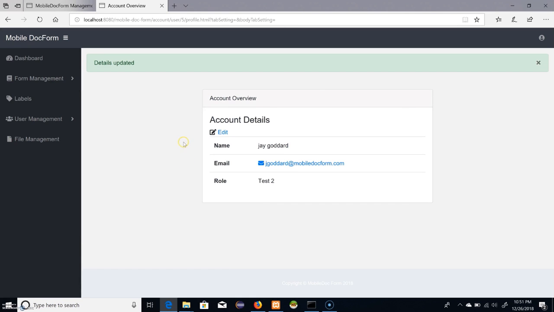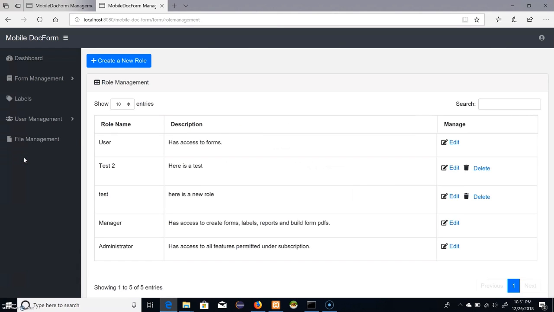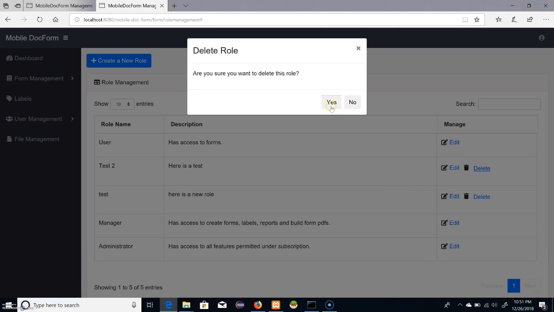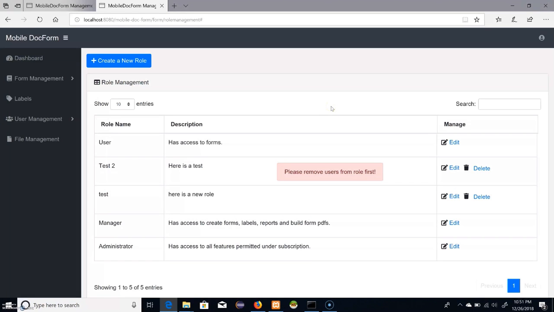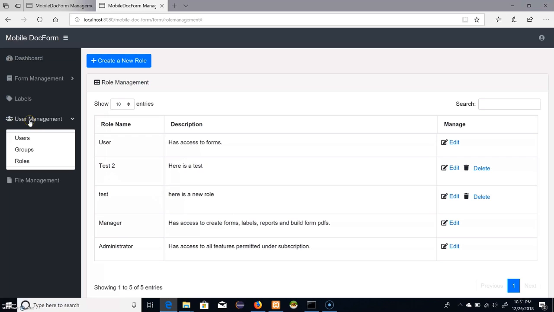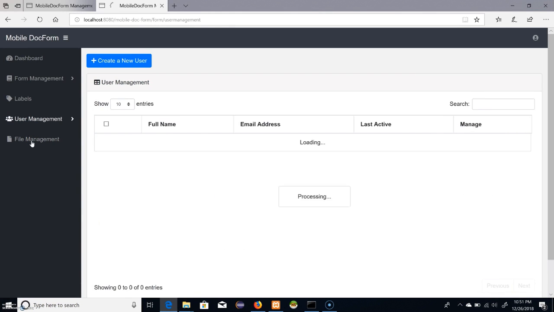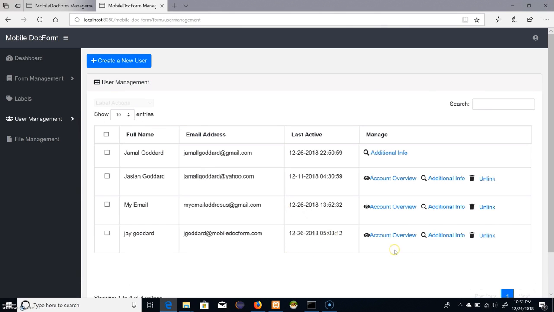Now, if I go back into roles, like I showed you before, you cannot delete this role because someone is using it. So you hit yes. It won't let you remove the role. You have to find the user that is currently using that role, change their role, and then it'll allow you to delete it. So since we know in this situation which user has the role, we're going to go over here,